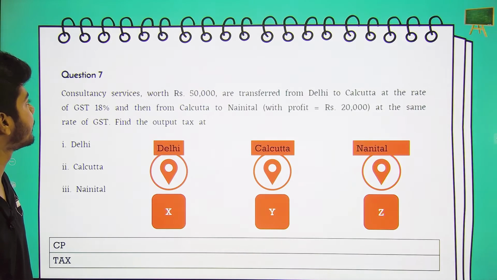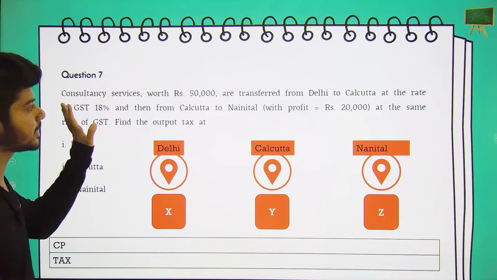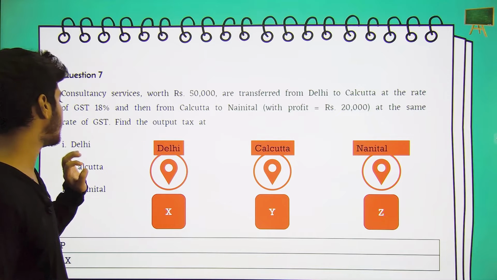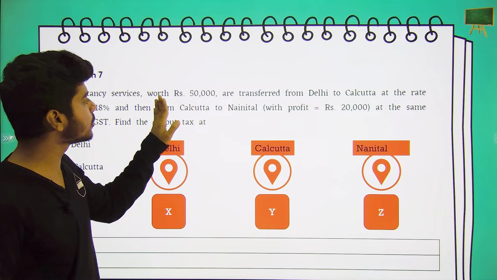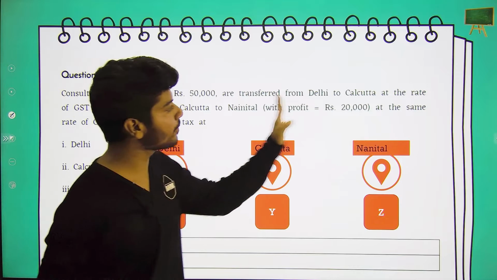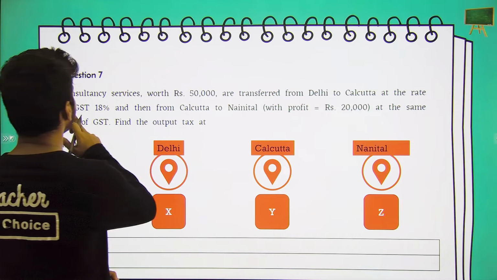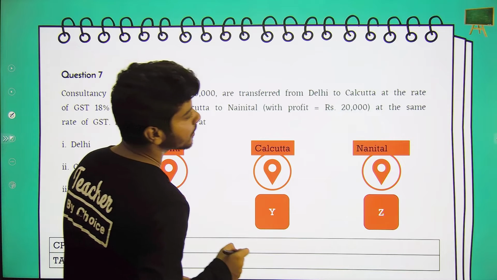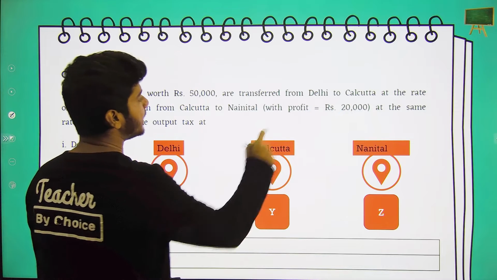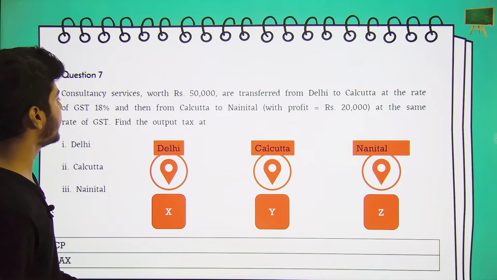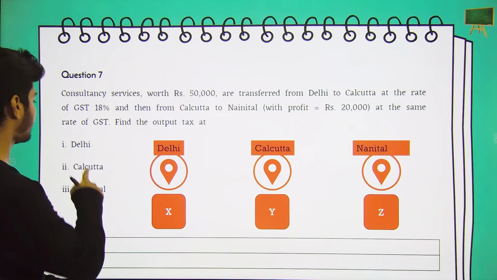See question number 7. Let's read question number 7, what it says. Consultancy services worth rupees 50,000 are transferred from Delhi to Calcutta at a rate of 18% GST with a profit of 20,000. Find the output tax at Delhi,